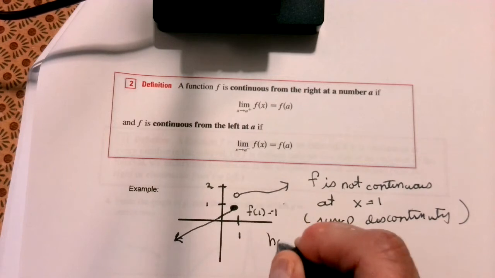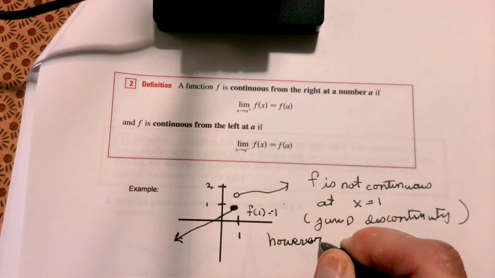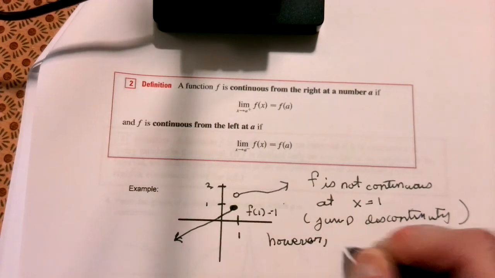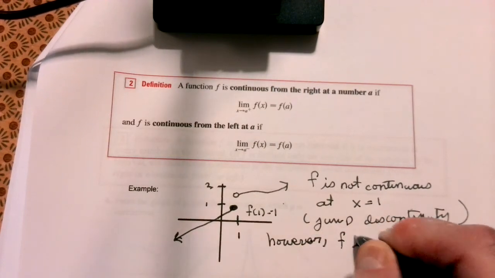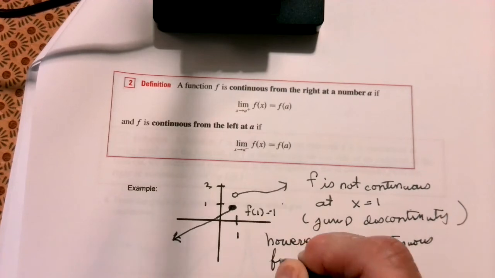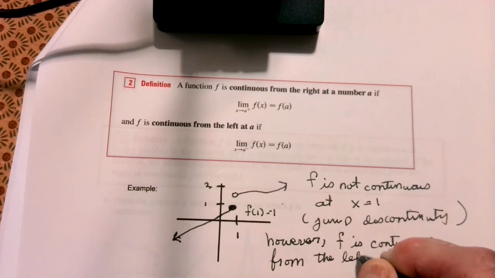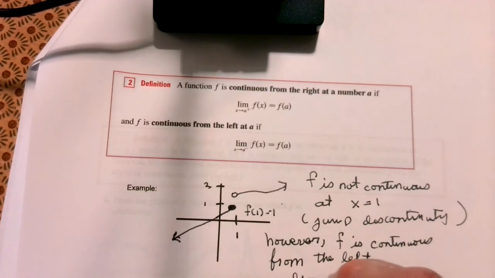However, f is continuous from the left. And we can see that the limit as x approaches 1 from the left of f of x is equal to f of 1,